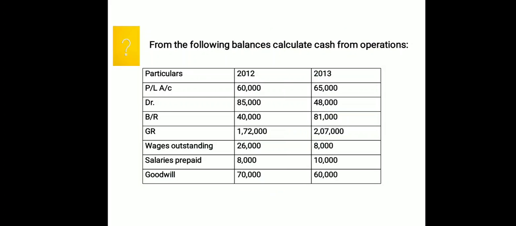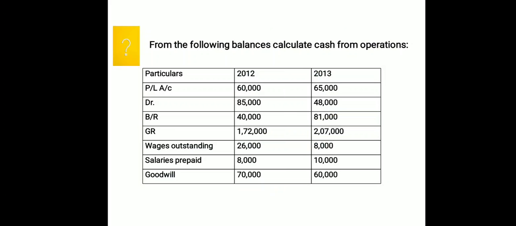Just like the calculation of your fund from operation, the first thing we need to take is the profit and loss. Okay, so if you are getting a little bit confused that opening is more or closing is less, like this some problem is happening, then it's always better to start with the closing profit and loss account. No issues at all. And we need to add back your non-cash and non-operating or non-fund expenses or losses. So the concept of non-cash and non-operating is going to be the same in your fund from operation and cash from operation also. It will not change.